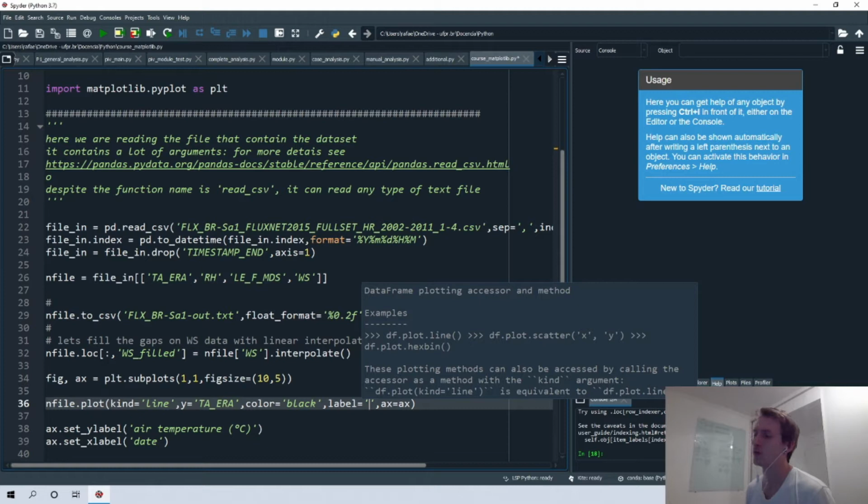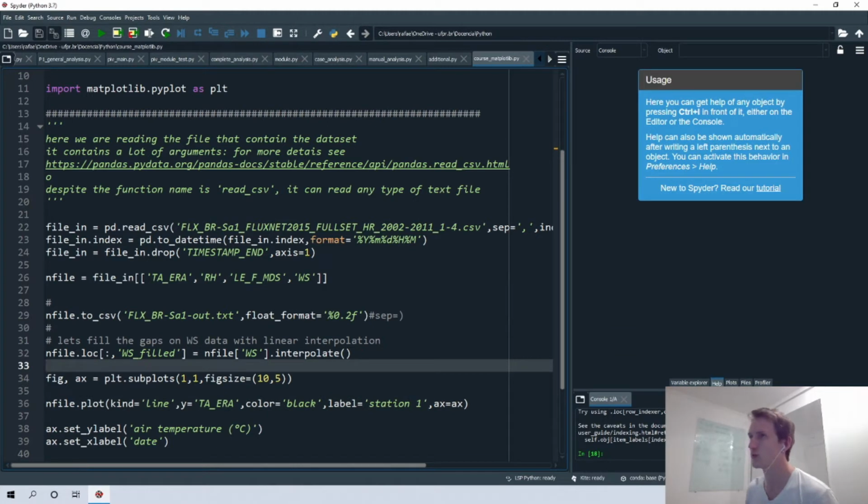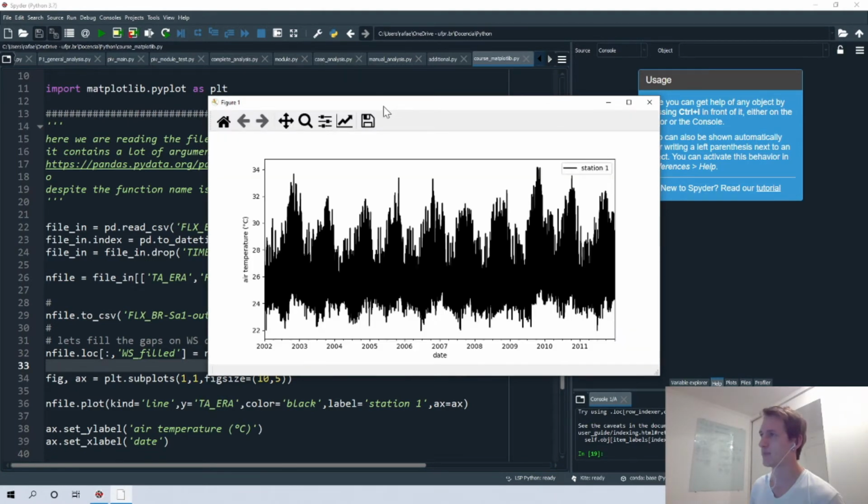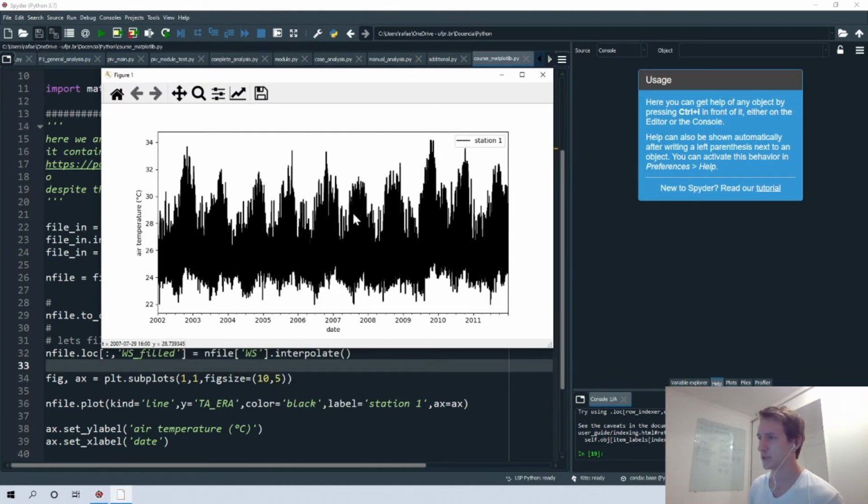For example, if you have more stations of air temperature, you have a lot of different stations to plot in the same graph, so we can just specify it as station 1. Okay. So when you run this code, we have a better graph.